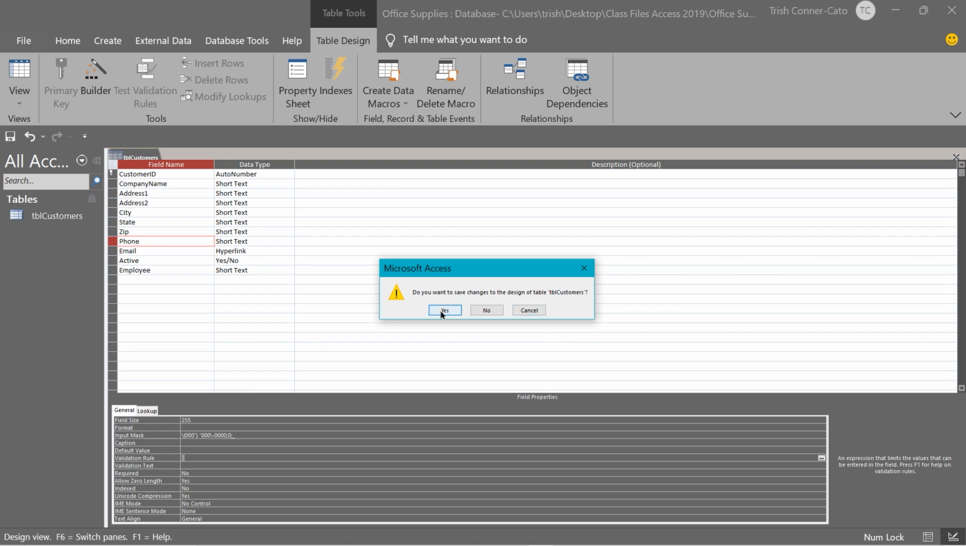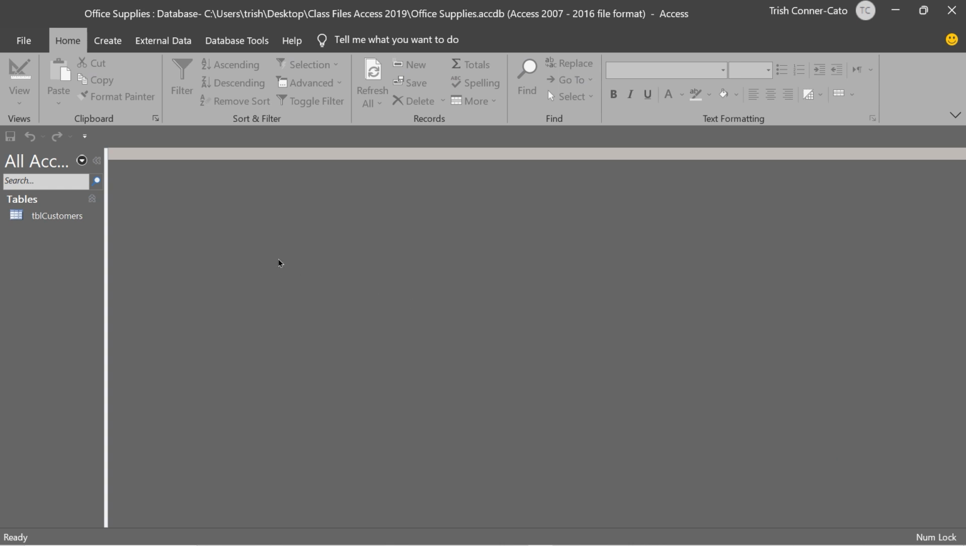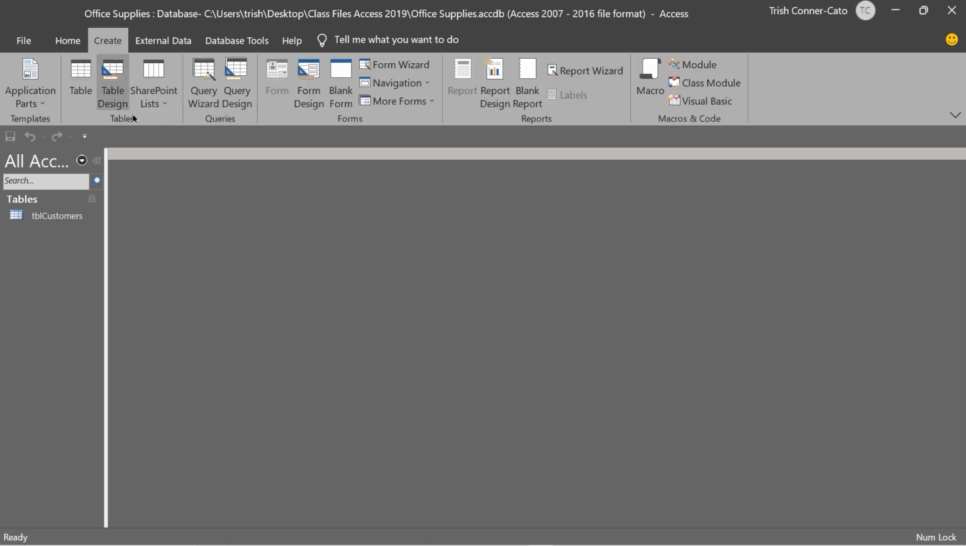So we're going to go ahead and say yes to that. And it just shows in our navigation pane. Now we want to create another table. So we're going to go up to the Create tab on the ribbon, and we want to do it in Design View. So in the Tables group, on the Create tab, you're going to go ahead and click on the Table Design button,